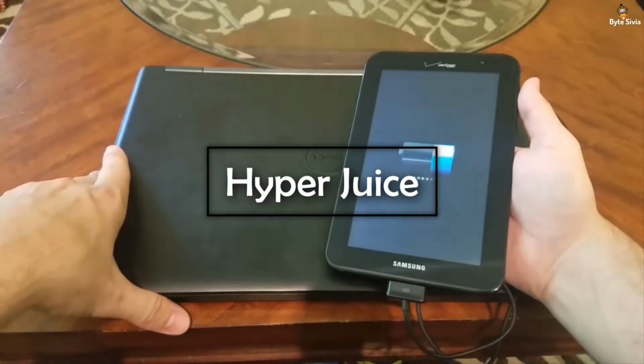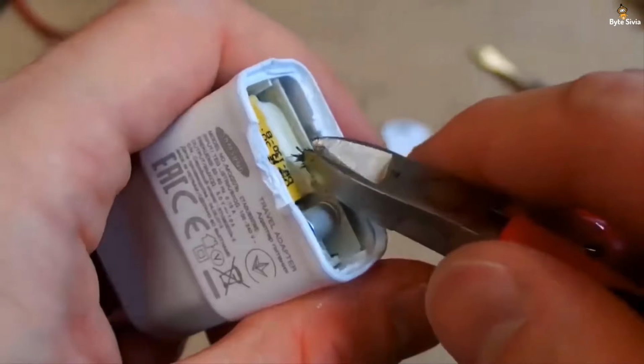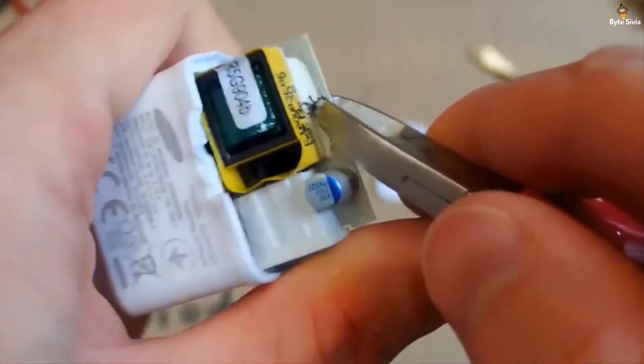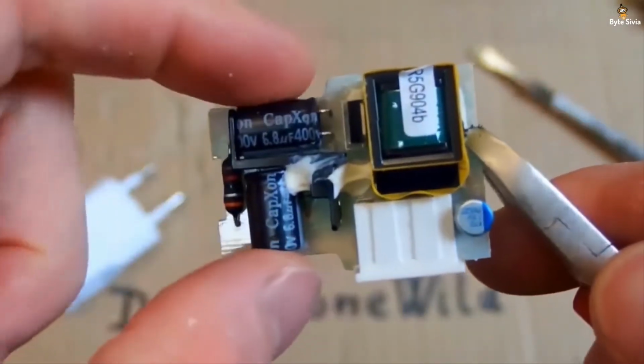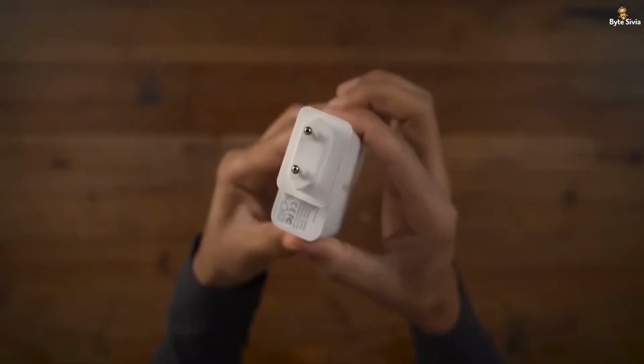Hyperjuice. Keeping all of your gadgets charged up is an essential part of modern life. But with so many devices in most households, you can end up using a lot of outlets just on charging breaks. Hyperjuice is an amazing new charger that can juice up all of your gadgets by taking